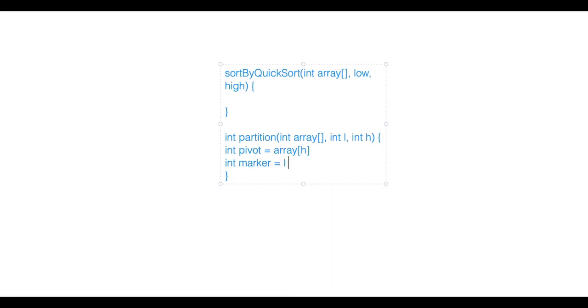Marker is low minus 1. Let me say j, that will be easy. j was our marker, right? Then we will create a loop for i equal to low, and i is less than h, because if h is our pivot, we don't need to look at h.